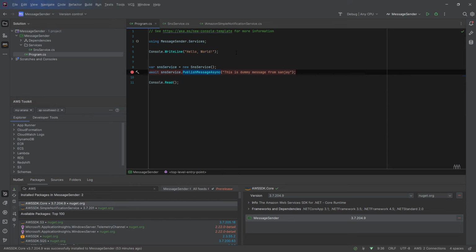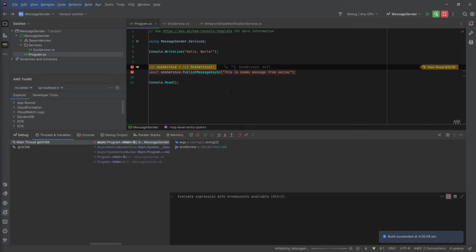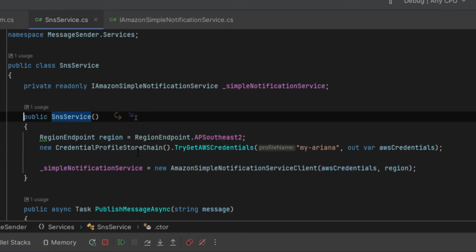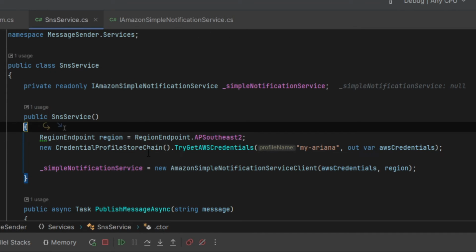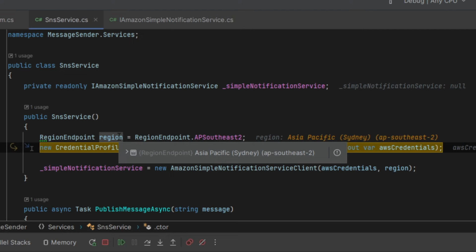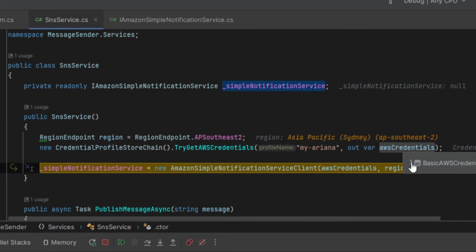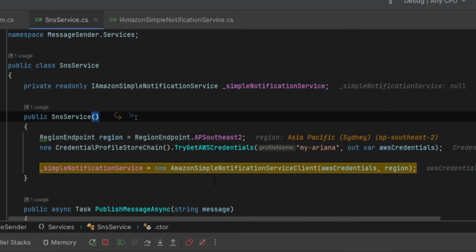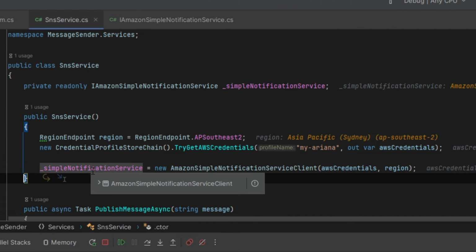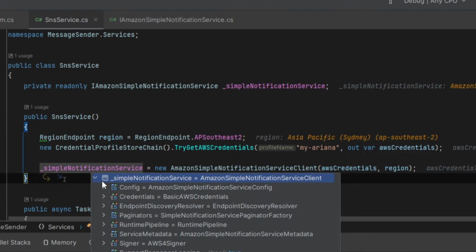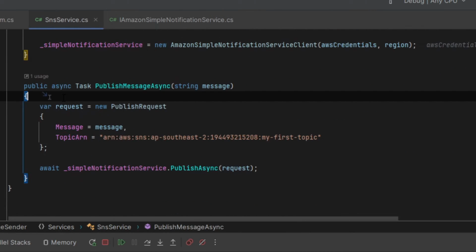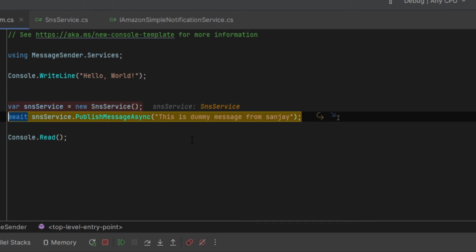Now let's put a debug point here and press okay, the breakpoint is hit. So let's press F11 and F10, and this will be our region, Southeast Sydney. And let's pass our profile Marian, and this should give us the credential, right? And finally, passing credential and region, we will be creating this service. Cool. So let's put a debug point here as it is and press F5,